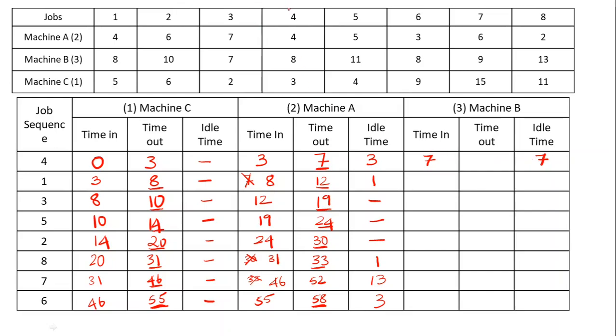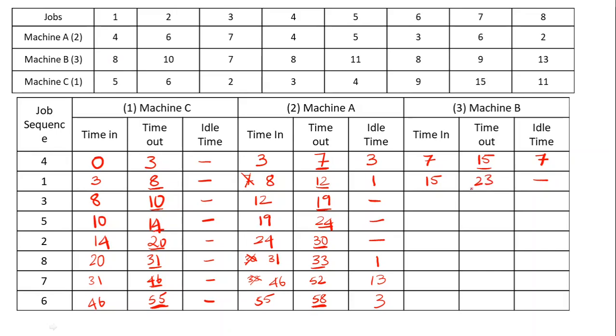So now here it is the third thing that we have to consider. So it is the 4th job, 8 hours to complete. So basically the out is 15. Again compare 15 and 12, the same ideology. It can start exactly after 15 hours because in the 12th hour itself the job is completed in machine A. So you have no idle time and job sequence 1, here we have another 8 that is present. So now we have 23 hours.